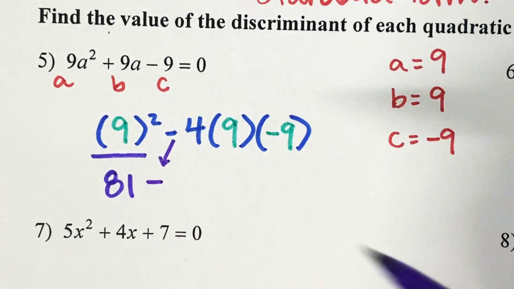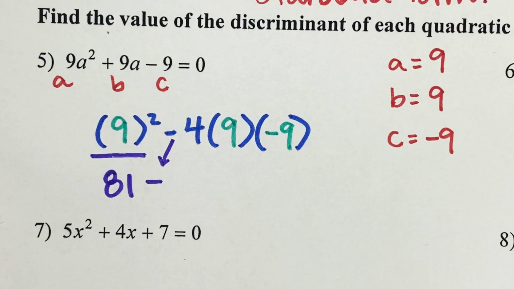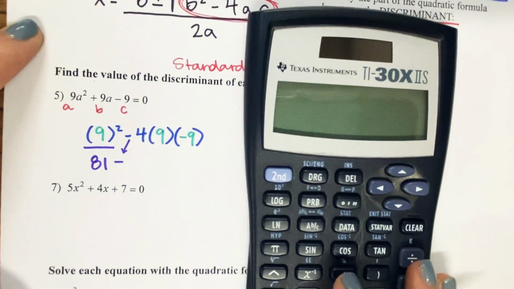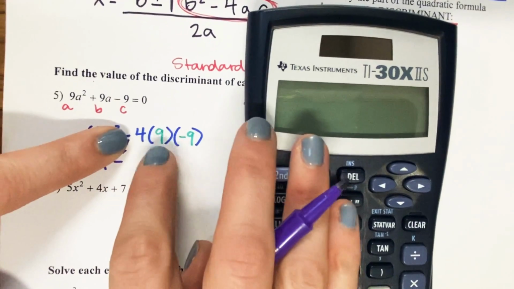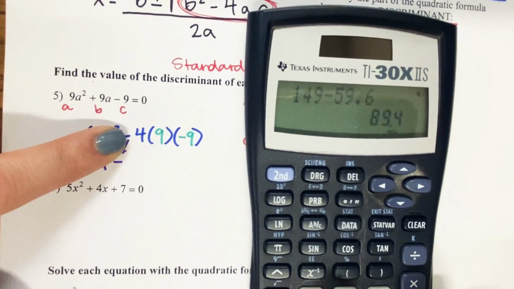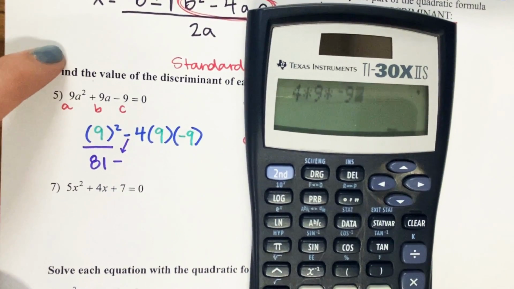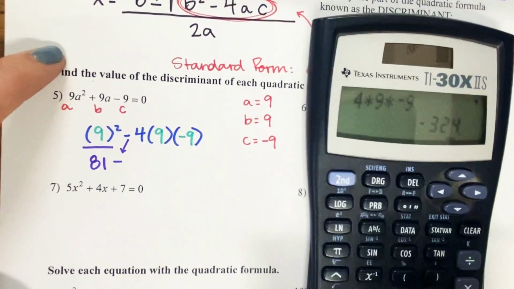Okay, I know I'm going to subtract the next part. And if you want to do this next part in a calculator, you're more than welcome to. I'm going to. So I have 4 times 9 times -9. So in my calculator, I'm going to do 4 times 9 times -9. And that's going to give me